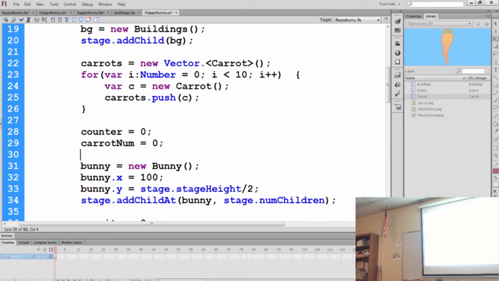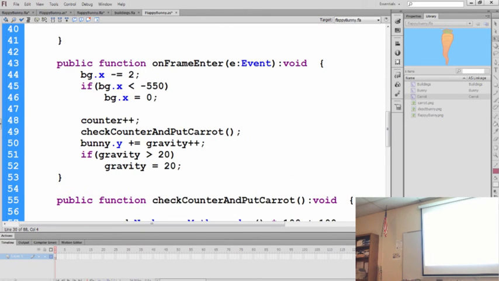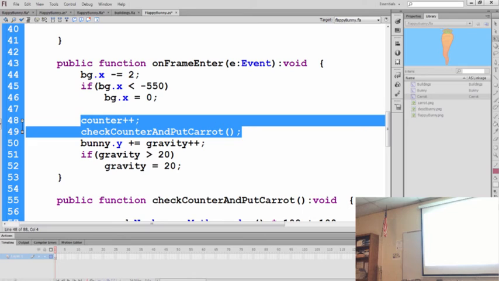All right. So I kind of separated the code out. So we're going to write these two things on our frame enter event. Okay, so I'm going to copy these two. But if we go and look at our code, on the on frame enter event,